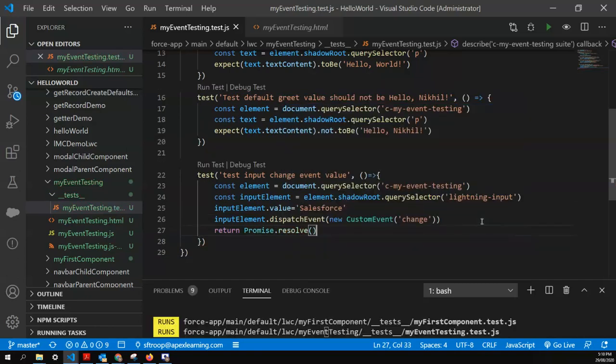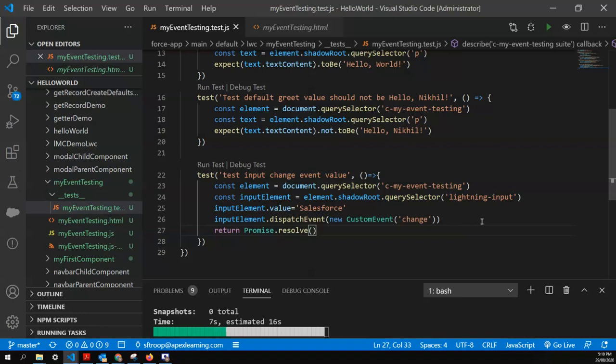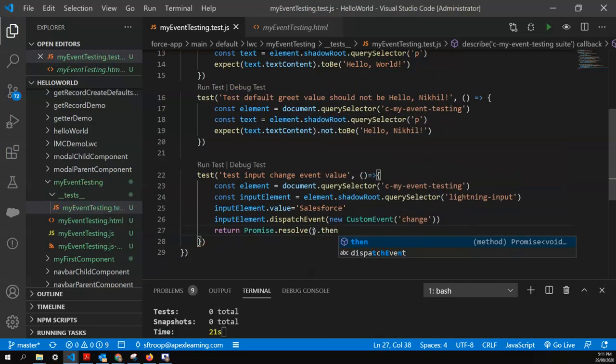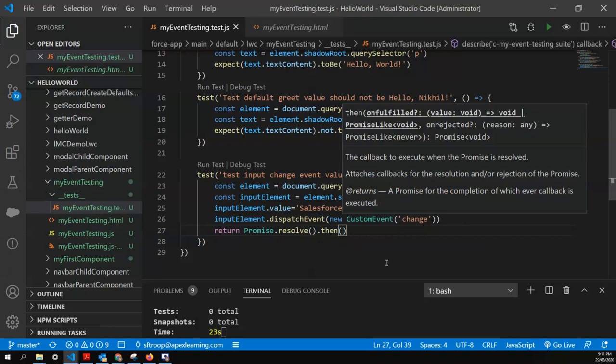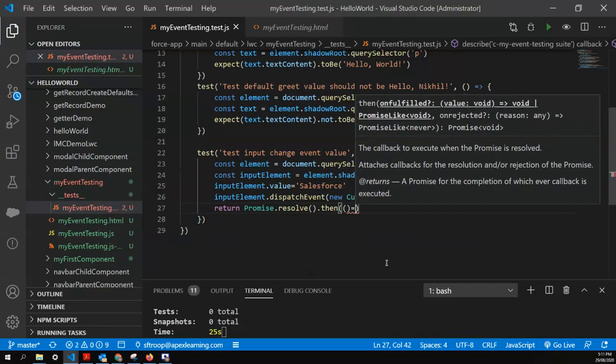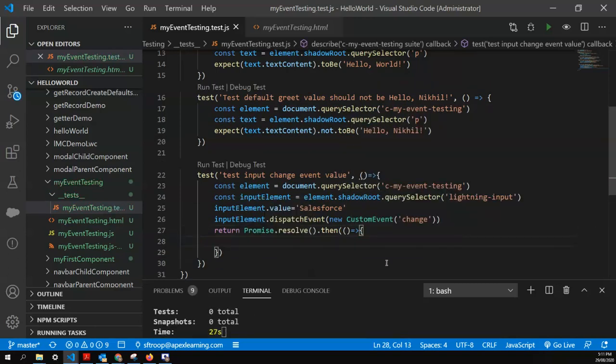If you know how the event loop works, this is very clear: if we call Promise.resolve, it goes to the microtask queue, and it will run once all the normal updates are completed. And I'll say then, once the promise resolves, it means all the asynchronous DOM updates are completed.